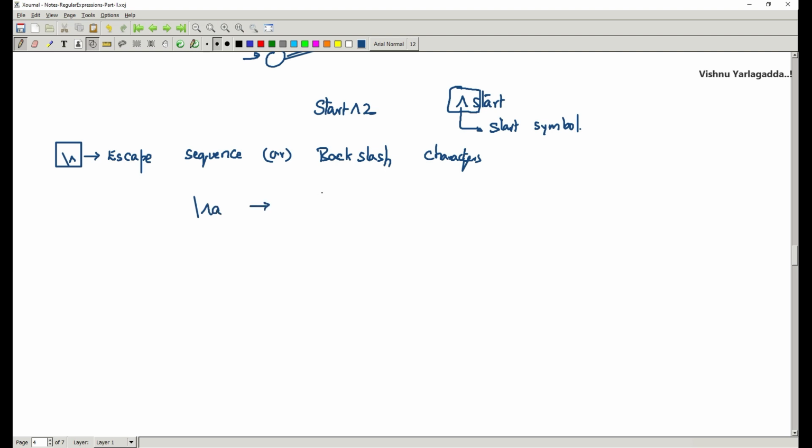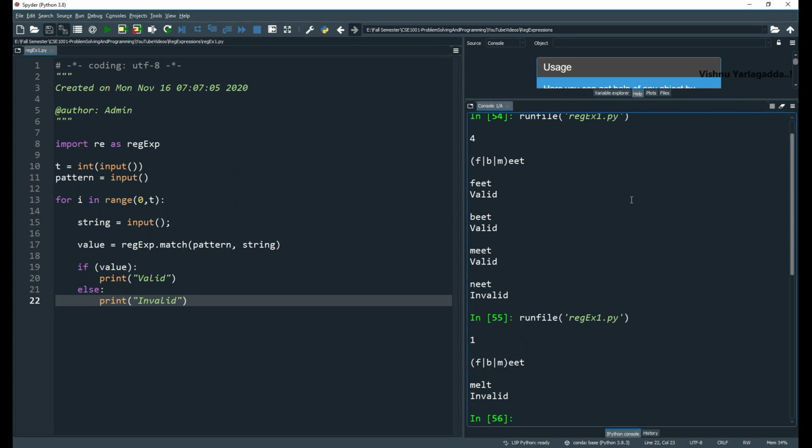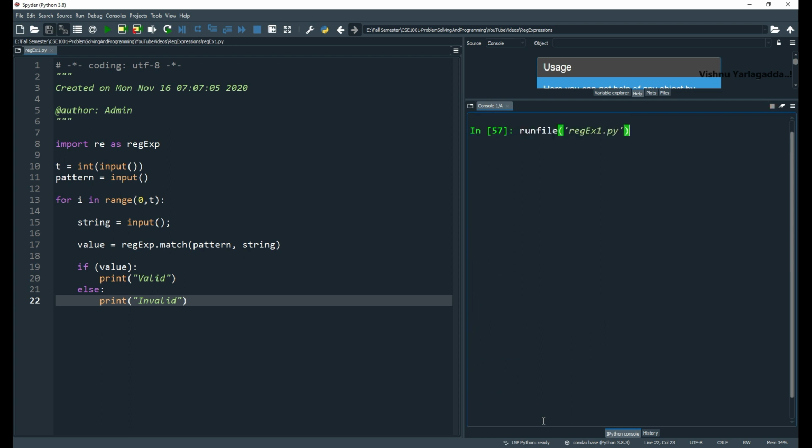So it is indicating that cap is a symbol which is followed by A. Now we can see I'm starting with cap S. This is my pattern because I'm going to check whether I'm starting with cap S or not.